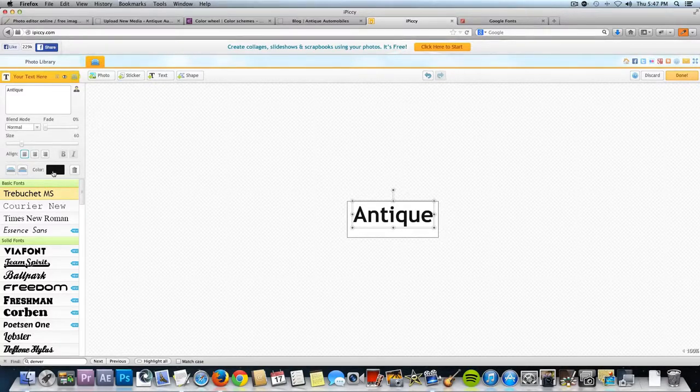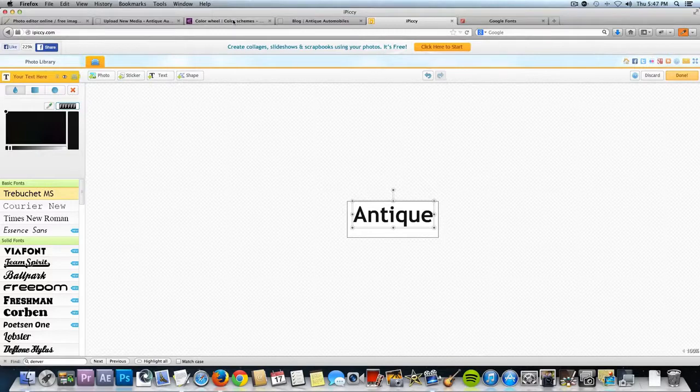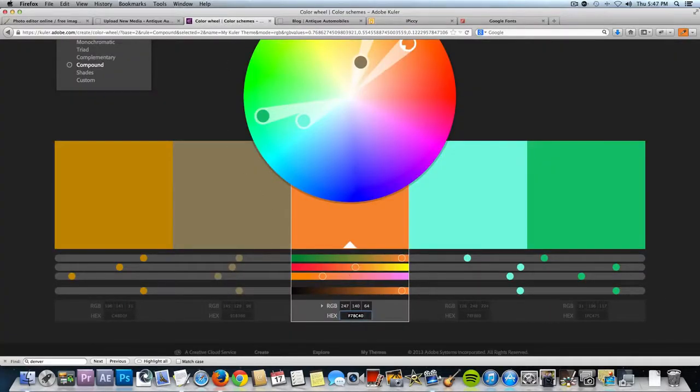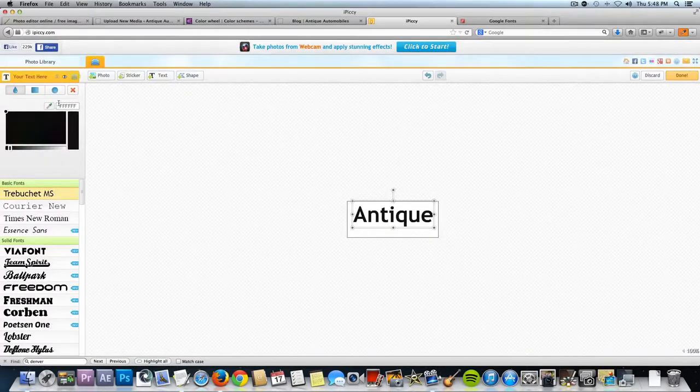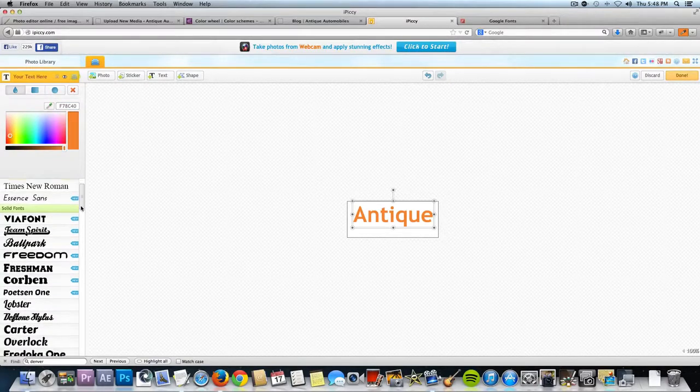And I'm going to click on this color. And this is where I'm going to paste in the hex code. So I'm going to go back to the color wheel tool from Adobe. And I want that first line to be this orange, so I'm going to select this hex code, copy it, come in and paste it in here, and it's going to take that orange. Then I'm just going to click there to get out of that, and then scroll down and choose